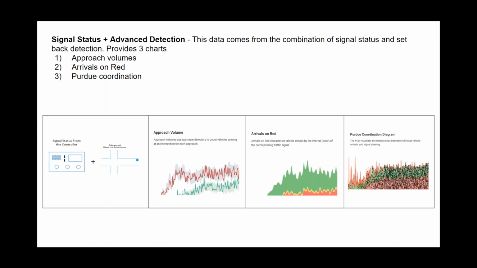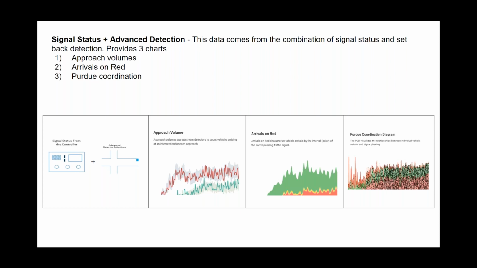So there's more. We can go further into signal status, advanced detection. When you have a little bit more sensors at the intersection, so we have the controller, we have the stop bar detection, and you can have upstream or advanced detection, you can start layering in a little bit more information about some of the platooning effects, the approach volumes, or even just those percentages of arrivals on red that come from vehicles that are about to arrive on red, not necessarily they are there on red. And that comes from the predictive side of the advanced detection, really understanding who is approaching the intersection.